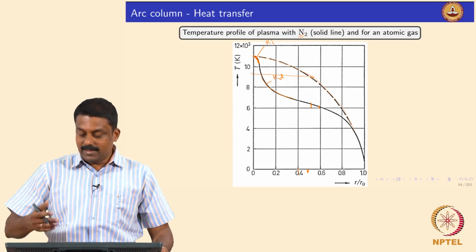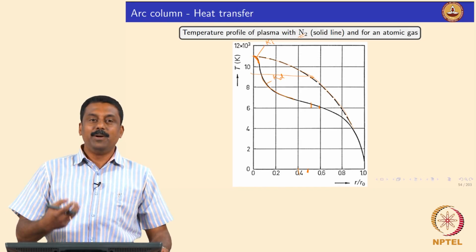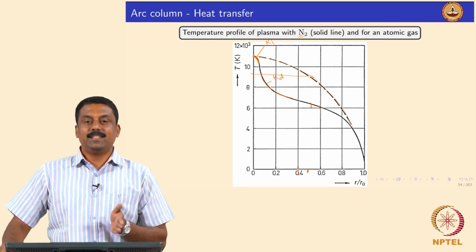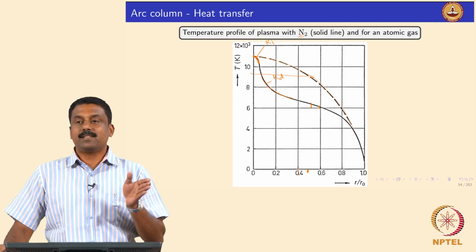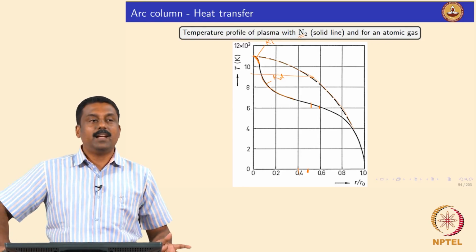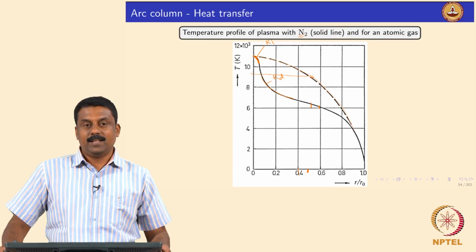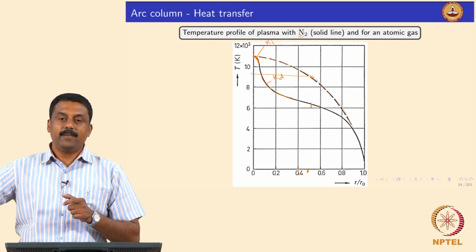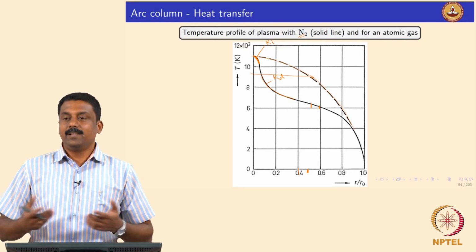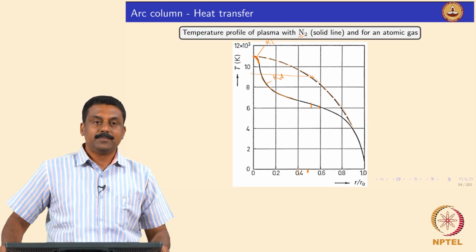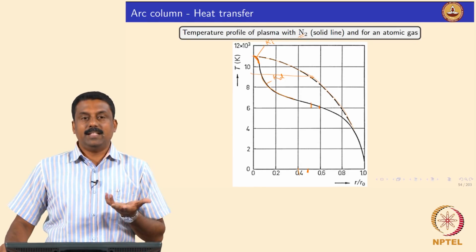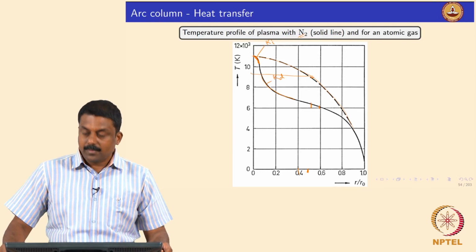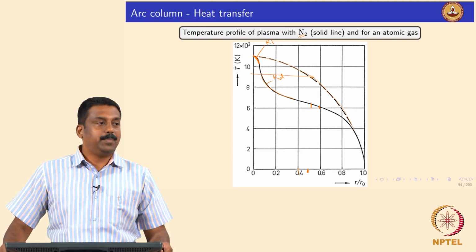Yes, it's clear. We will see in the case studies how this effect is going to affect real life. So, now you need to understand that if you use a diatomic gas, the heat conduction will be much more efficient than using a monatomic gas, because the dissociation can effectively transfer the heat from the center to elsewhere, and during this process the temperature decreases, because the dissociation also effectively absorbs the heat. Yes, it's clear? Good.